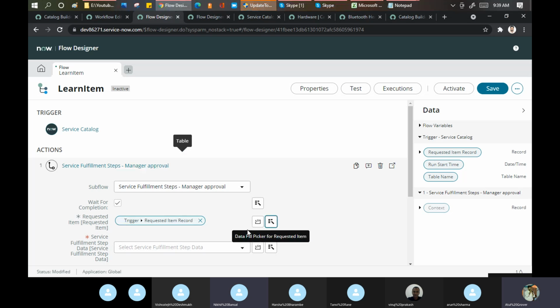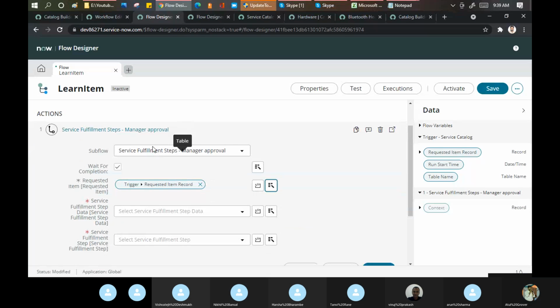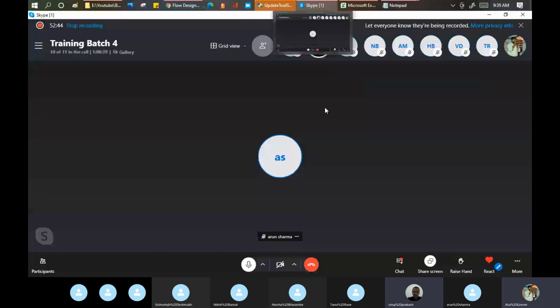So is this point clear or not? Yes, yes. Okay. Now, when you are asking for manager approval, it should go for the requested item. That's fine, Vinuj. Okay, so like we created the workflow, in this case we will not be creating the workflow, because we are already adding the conditions here.